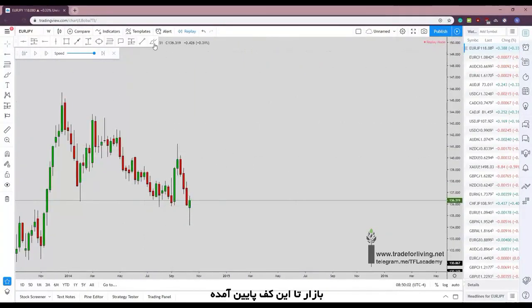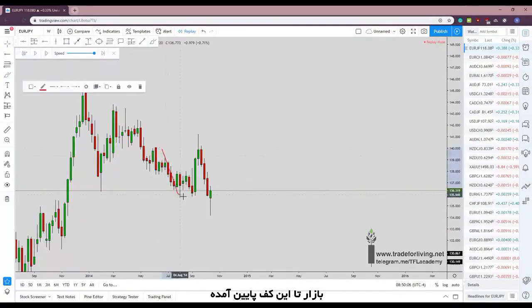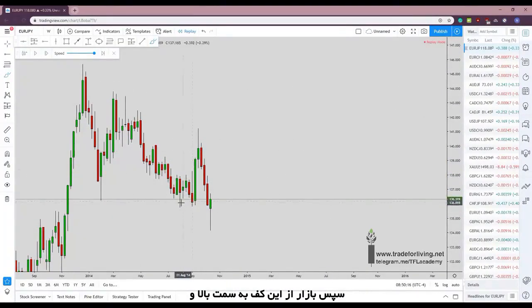The market went all the way to this low, then went to the high. Actually, let's spot all the moves. The market went down, up, minor double bottom. Then from this low the market went up, down, and it failed to break